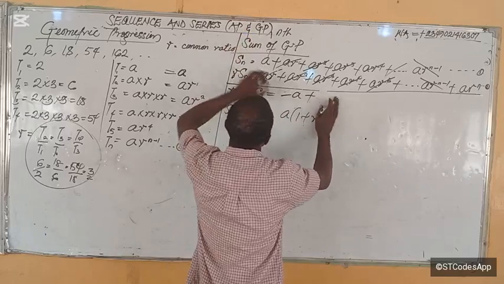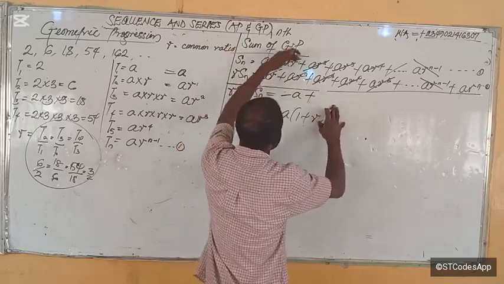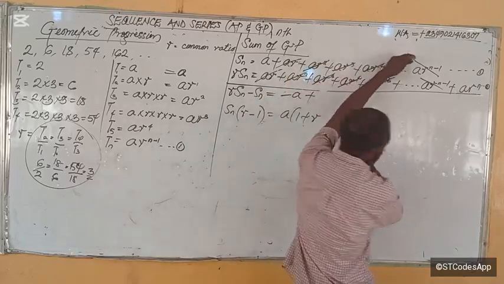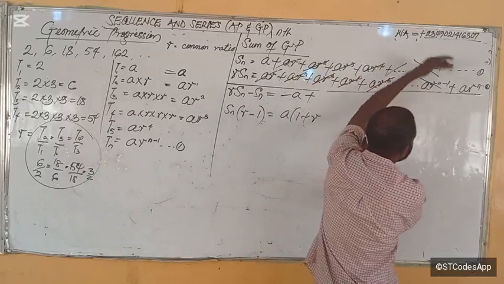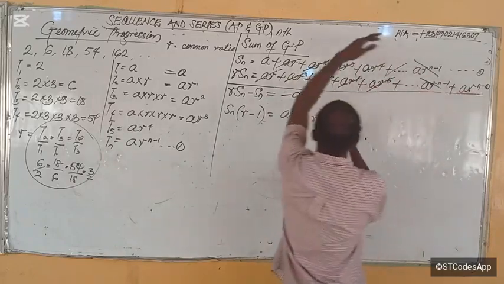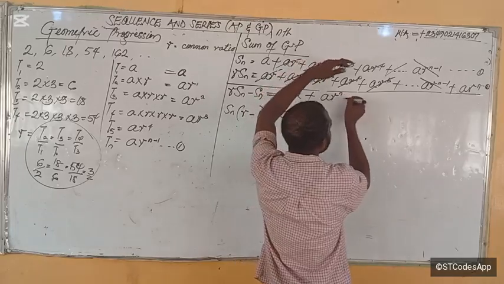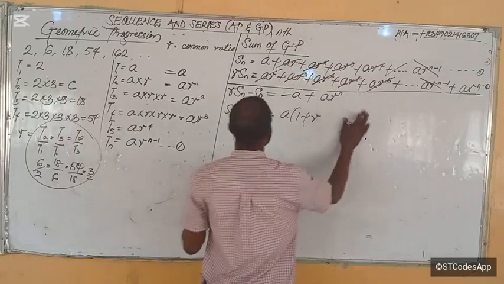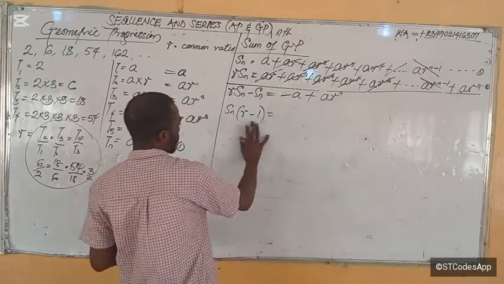Then plus nothing here. This minus this, this minus this, this minus this, this minus this, this minus somewhere something here that is ahead. Then this minus this 0. Then this AR^n minus nothing. Is that okay? So nothing goes, exactly. So this expression becomes,